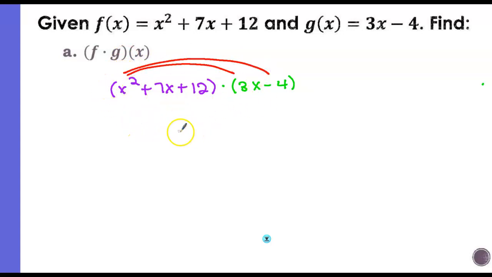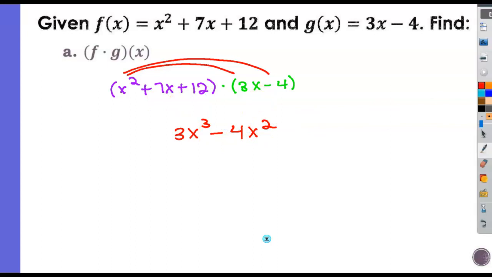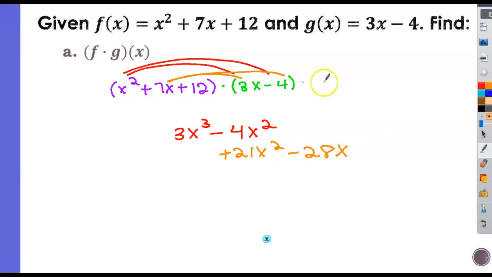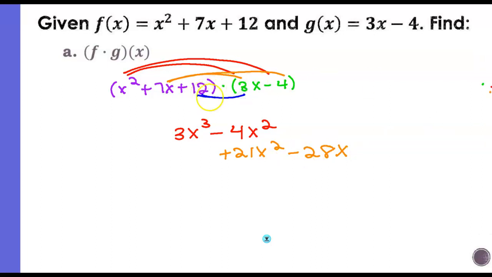That would give me 3x to the third minus 4x squared. Then I'm going to distribute the 7x. So plus 21x squared minus 28x. And finally, I'm going to distribute the 12. So plus 36x